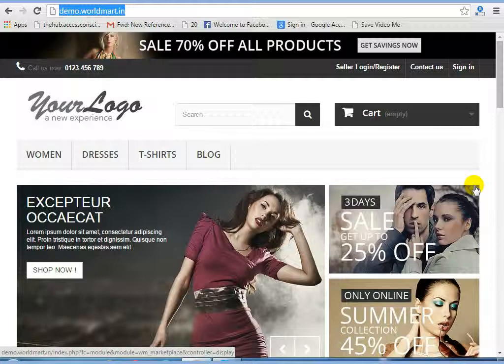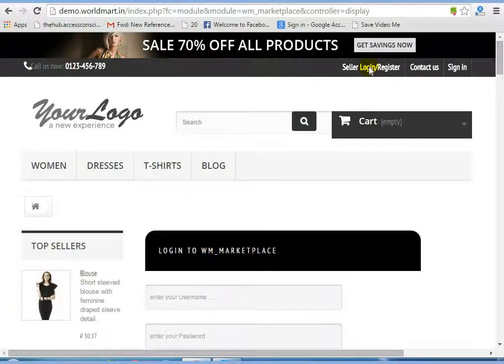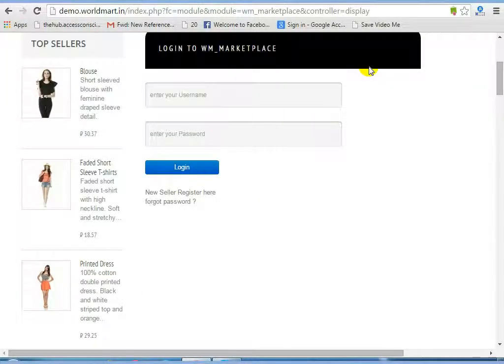Okay, so the first thing, after installing the module, you'll get this seller login and register link on the top right hand side corner of your page. After you click on this, you will get the login screen. Over here sellers can register on the module and they will be able to start selling on